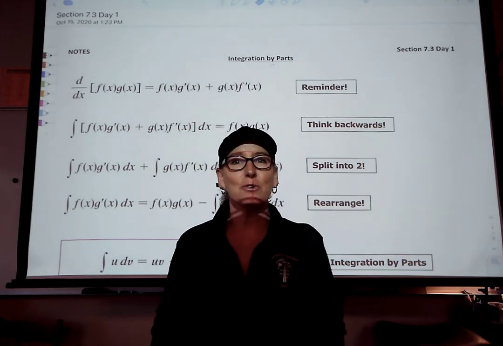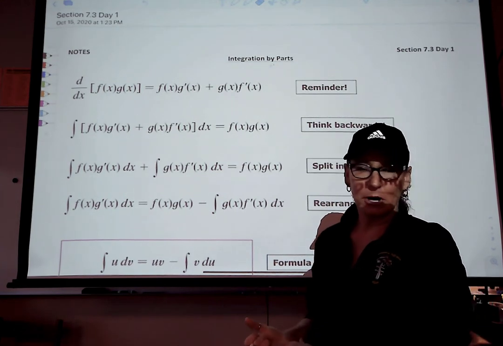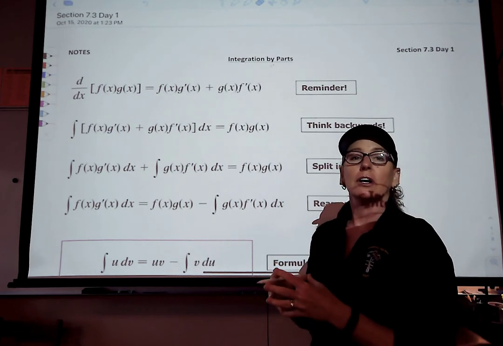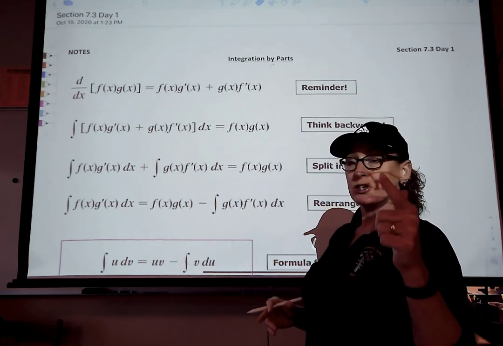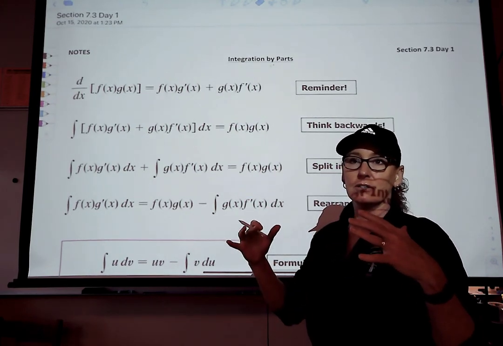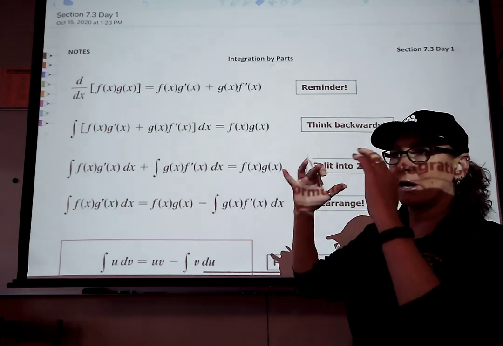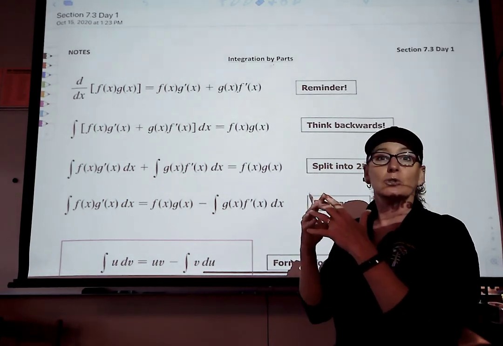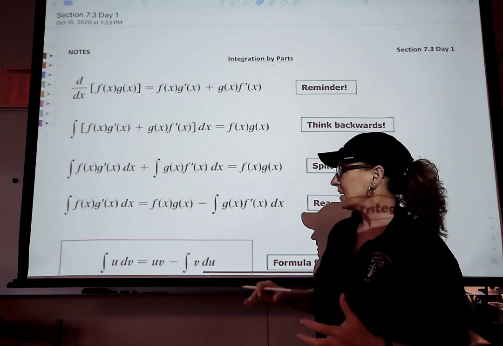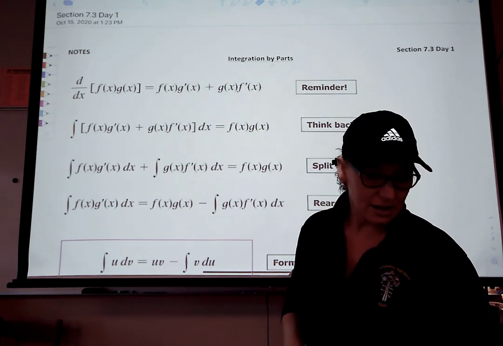Guys, I want to show you a new integration technique today, and this one's called integration by parts. This undoes product rule. So U substitution is what we can work backwards on when the chain rule was used for a derivative. Integration by parts is what we work backwards on when product rule was used to do a derivative. So there's kind of a strange little formula that you use for integration by parts, and I'm not a